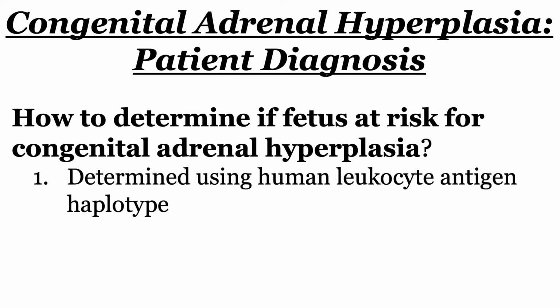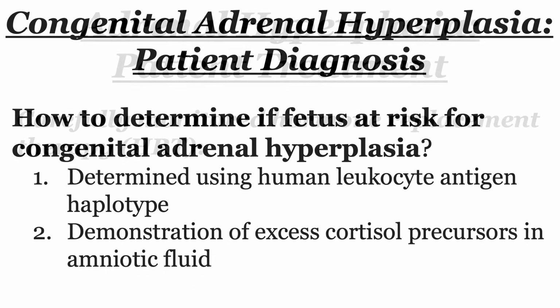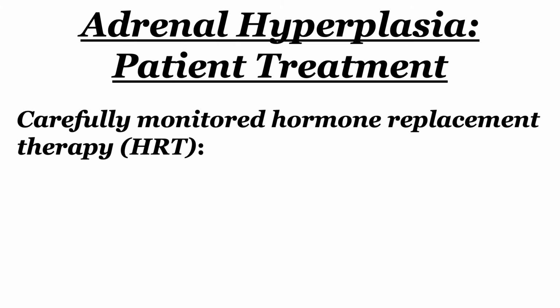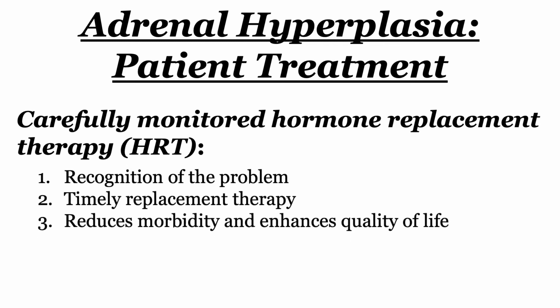Well, the first way is to do some HLA haplotype. We determine that looking at human leukocyte antigen and determining what type it is, and that can tell us the extent to which the developing fetus is likely to have congenital adrenal hyperplasia. The second treatment of these patients includes carefully monitored hormone replacement therapy. That demands a prompt recognition of the problem to get the timely replacement therapy on board, and has